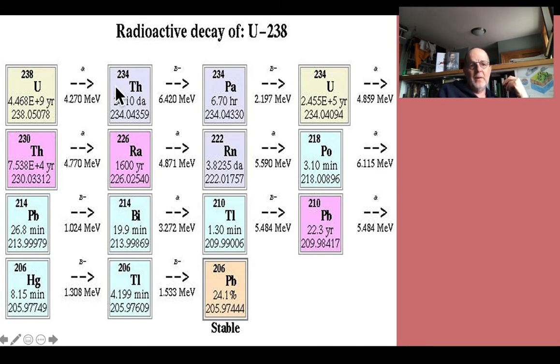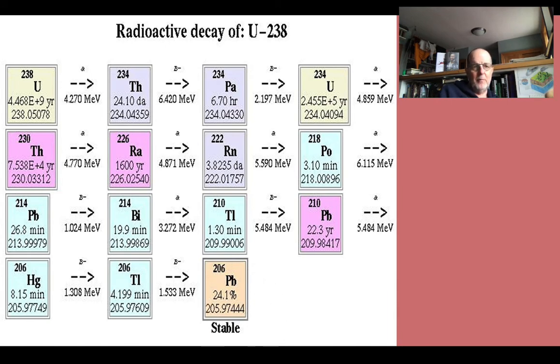And it's telling you in each one of these examples how long they last. The thorium here lasts 24 days. The Pa lasts 6.7 hours. The uranium-234 lasts 245,000 years. The thorium, 75,000 years. The radium or radon, 1,600 years. The radium or radon, 3.8 days, and so on and so forth. And likewise, it's telling you what's coming out. In this case, alpha particles, negative beta, alpha, negative beta, negative beta, negative beta. And that change, that slight change, finally brings us to lead,